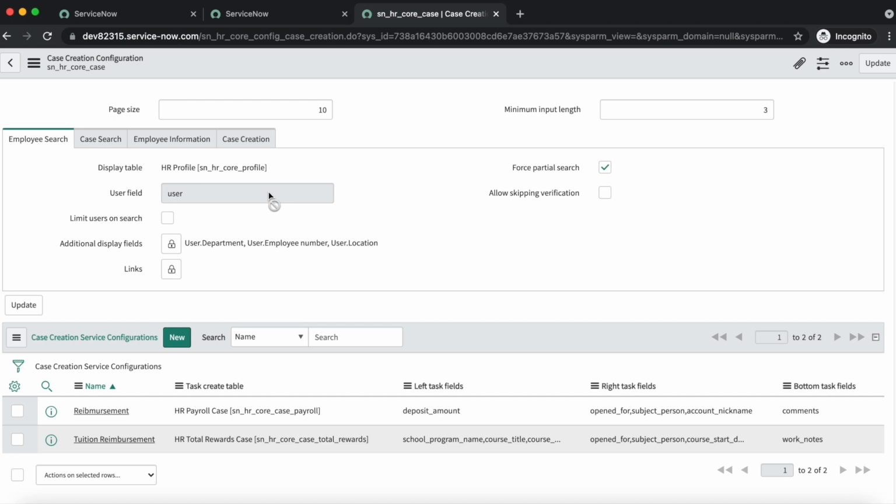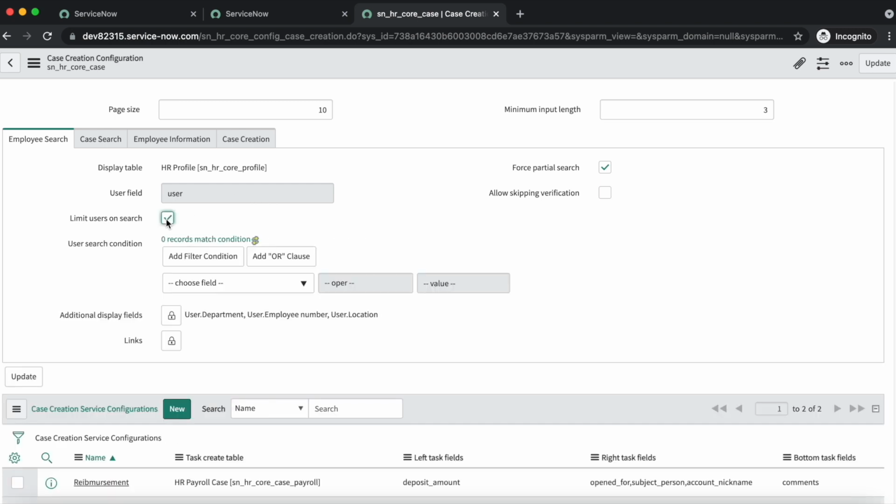You can check it if you want to apply some filter condition to define your employee records. For example, if there is a requirement to display only active users in that search employee case creation form, then you can put it over here. Or maybe in some scenario, the users who belong to some particular country or company can be searched in that search for employee section.